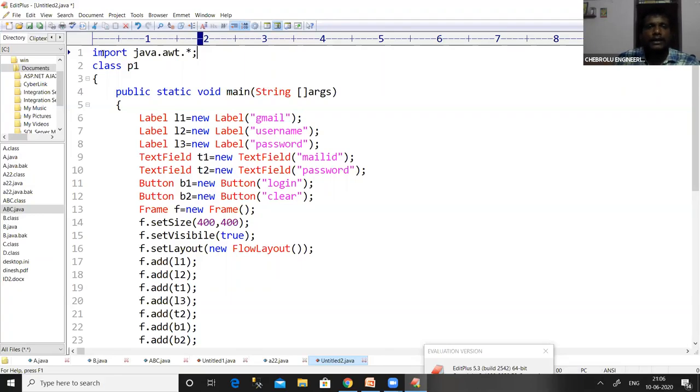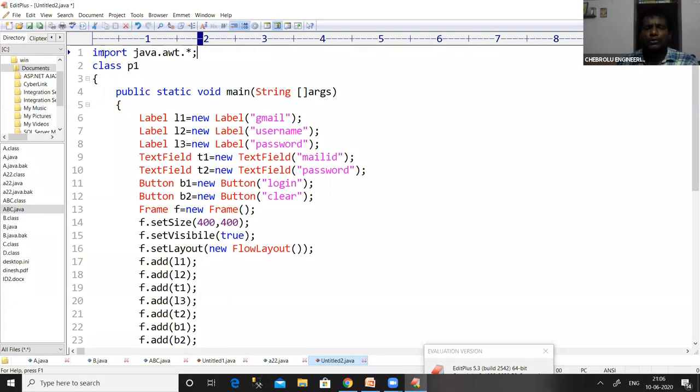But static is a keyword which will bring all the things inside that method directly into the RAM. To keep all the things in the RAM, we need to use the static keyword. There is no need to create an object in order to execute that particular main method. Why? Because we are using the static keyword along with the main method. And void is a return type.